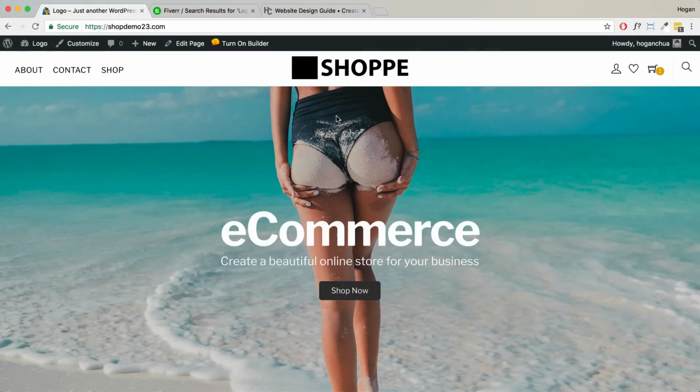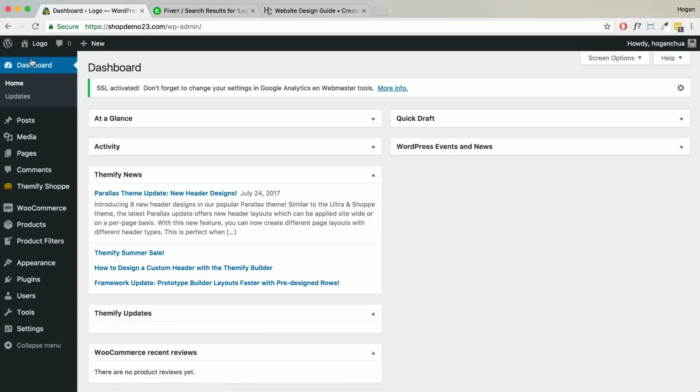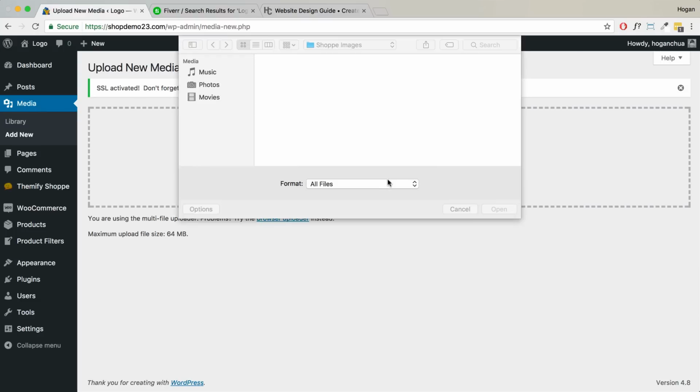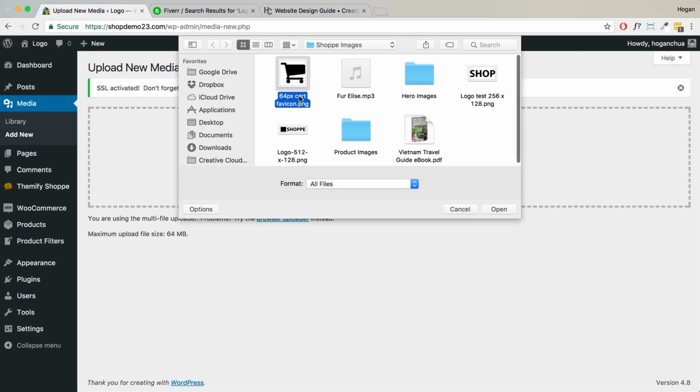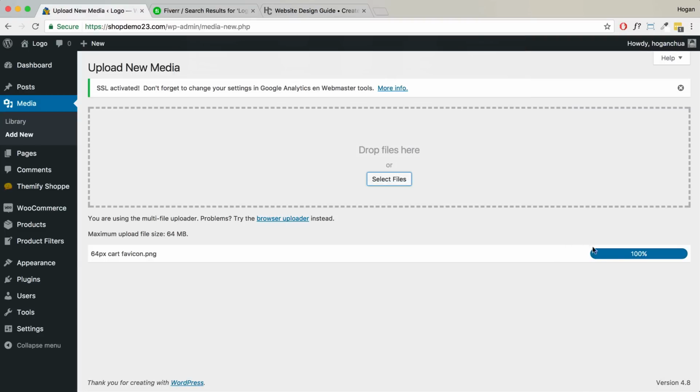Okay, so now for the favicon, we need to go to our dashboard area, and then we want to click on media and then click on add new, and then I'm going to select files. So I'm going to select my favicon, and it's also transparent, and as you can see, the size is 64 pixels, so it's 64 by 64, and make sure that you crop it as closely to the actual icon as possible, and then click on open. And then once that is uploaded,